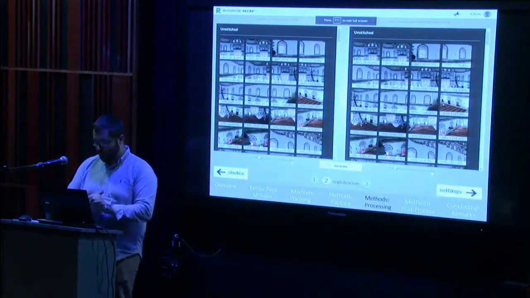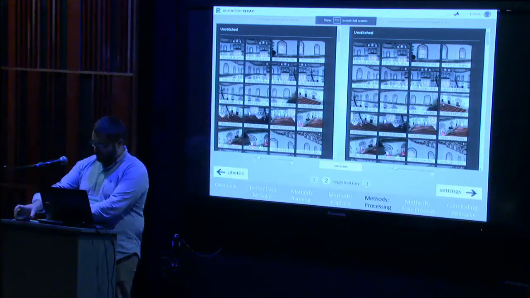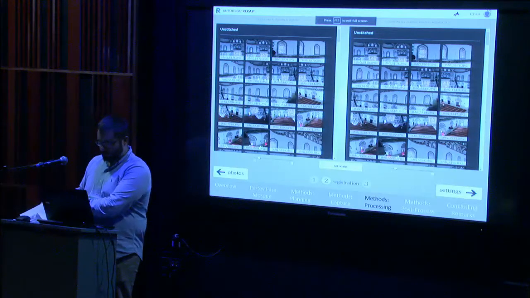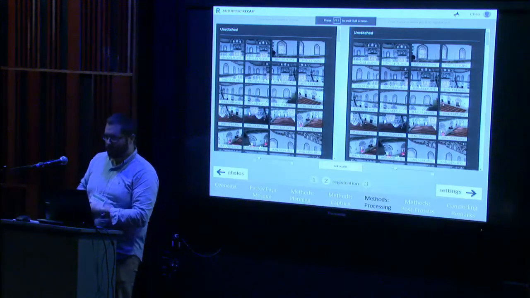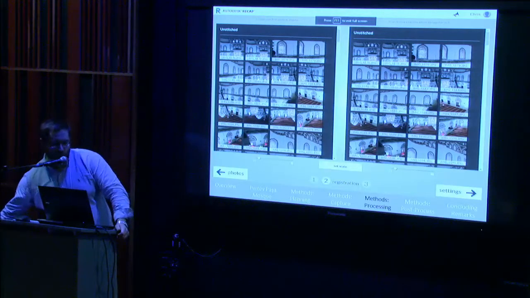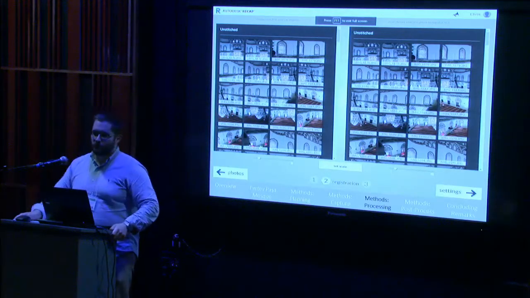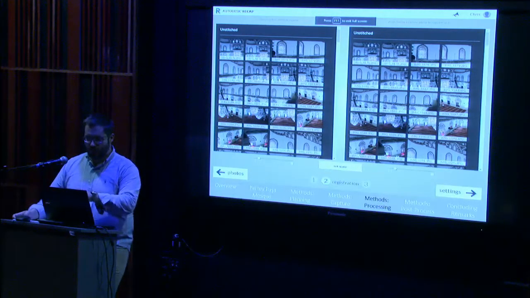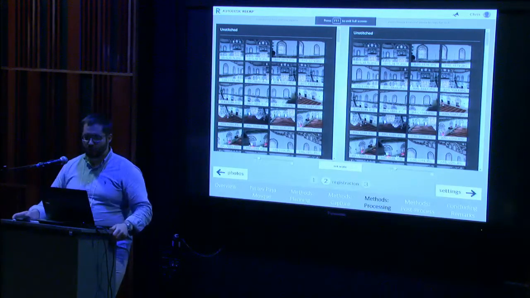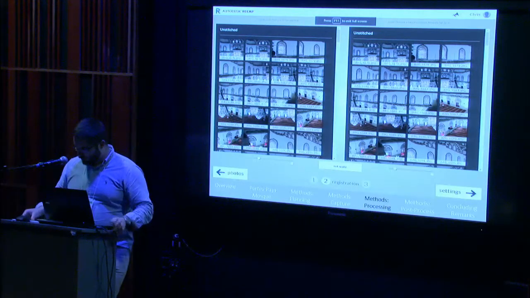So this is just a look at the interface of Autodesk Recap as it stands right now, because as we already mentioned, it's a very dynamic field. So the interfaces, the entire programs themselves are constantly changing. This is an optional registration step where you can